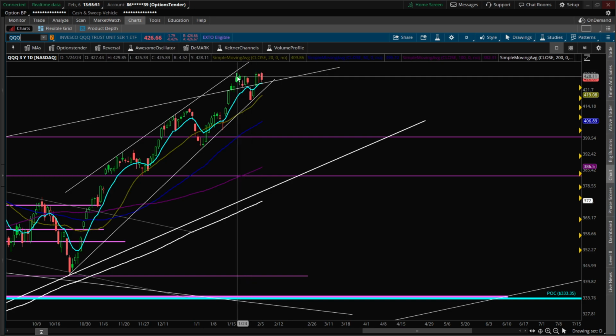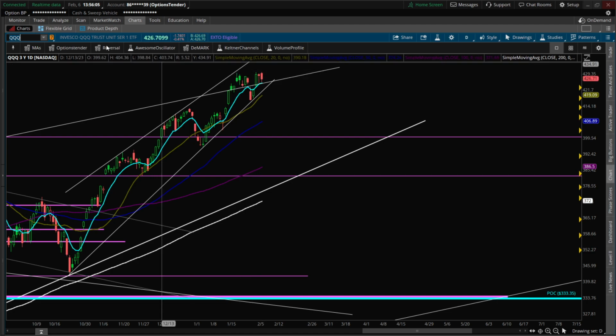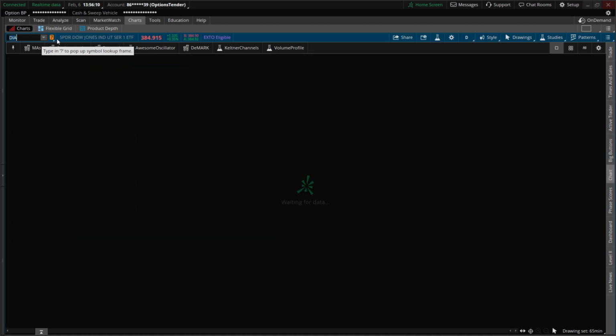430.24. Yeah, 430.24, this high right here, just a slight divergence there. I'm not going to go through all the oscillators. Every single oscillator is saying negative divergence, so I don't want to waste your time showing all of those again and again and again. On the Dow,